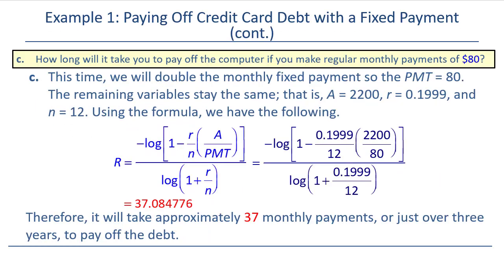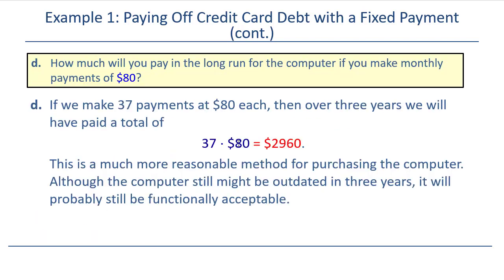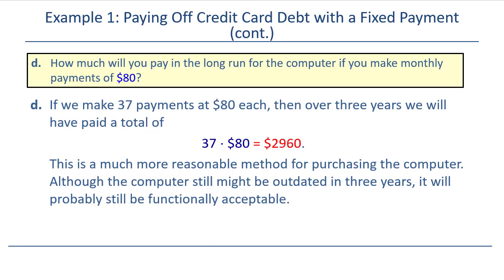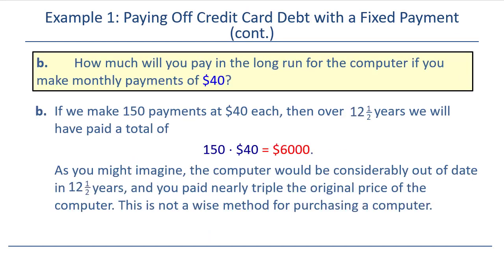Yikes, right? Now if we double it and pay $80 a month, we get it done in a little over 37 months. What this means is that in the 38th month, your balance is going to be less than $80, so you would just pay less than $80 and it would be paid off. If we plug in 37 months times 80, we see that you only end up paying $2,960 total for a $2,200 purchase. So you still end up paying $760 extra,